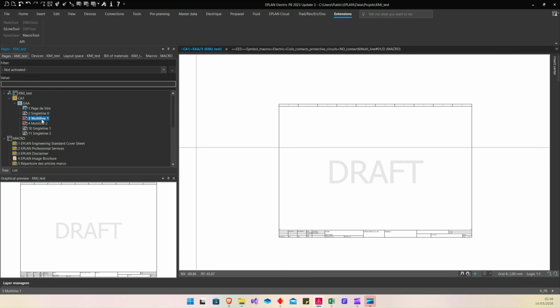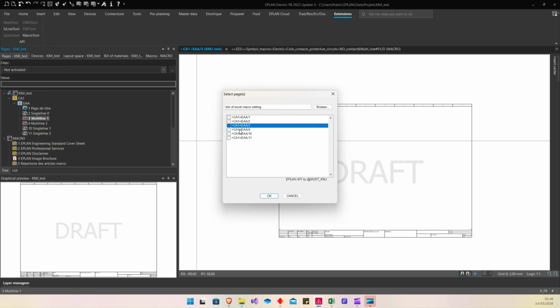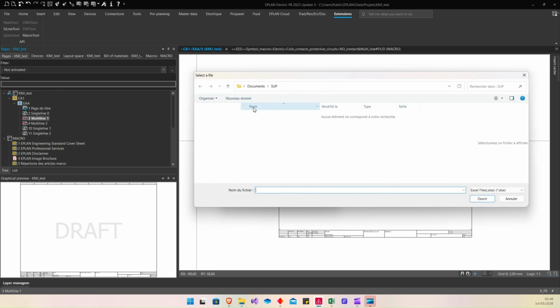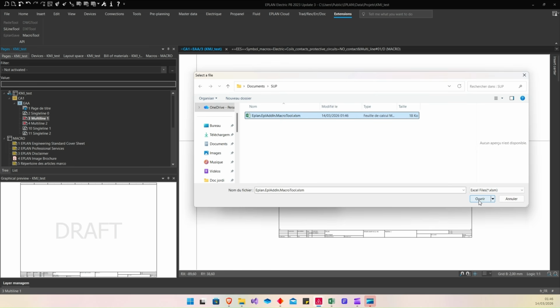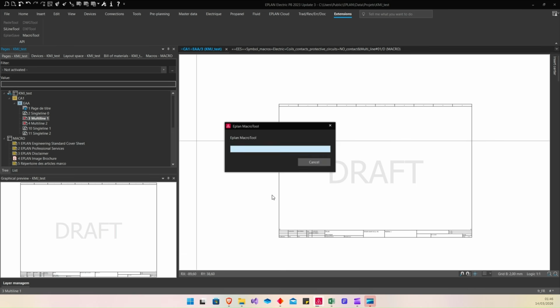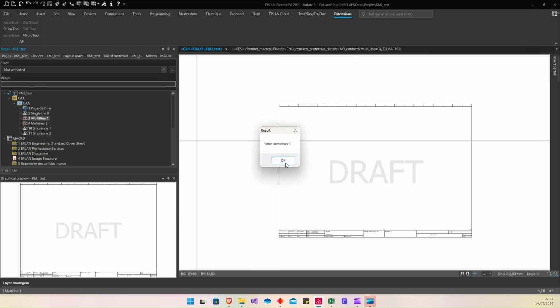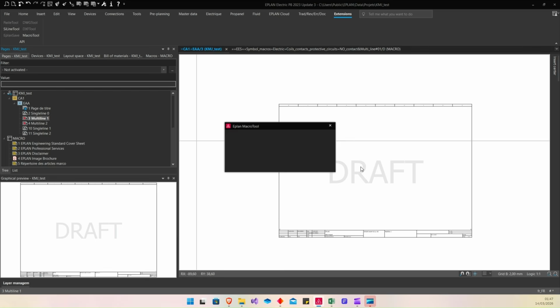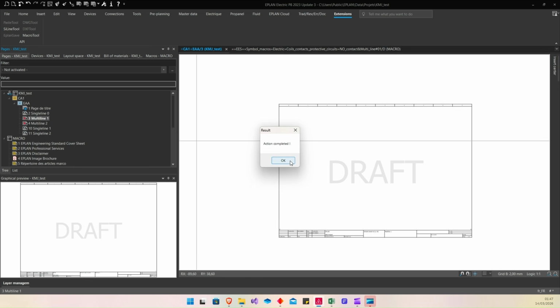And here you can see in multi-line, pages 3 and 4 are empty. So I select my project, yes. Select pages 3 and 4. Load my Excel file again. I can launch my macro. And we will see again the magic. Action completed, now for the second page. Action completed.